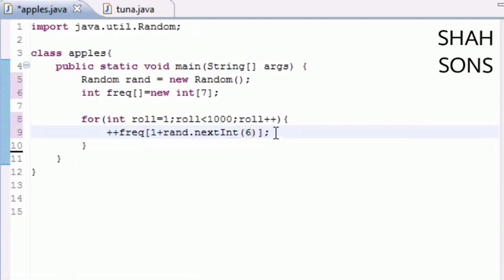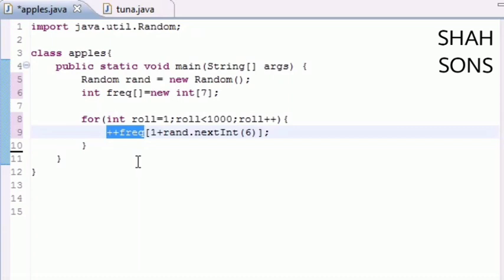This is the most important piece of code in this entire program, and let me break it down from the inside out. This is going to give you the numbers 0 through 5, as you should already know. What this 1 does is shift it all over so you get the numbers 1 to 6 instead of 0 through 5. So what does the rest do? It adds 1 each time that this hits that number. So for example,